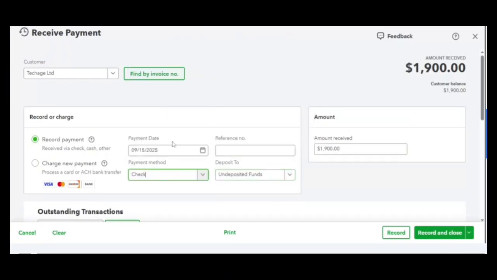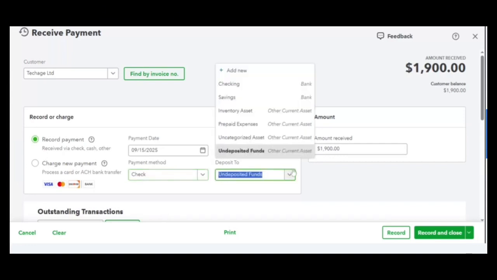Let's assume that they give us a check. Please, the check you see here, CHECK, is the same as CHEQUE. Yes, QuickBooks spells it in this way. So we deposited it into our checkings account. For the purpose of this, our checkings account is the account that keeps all the checks you have received from customers